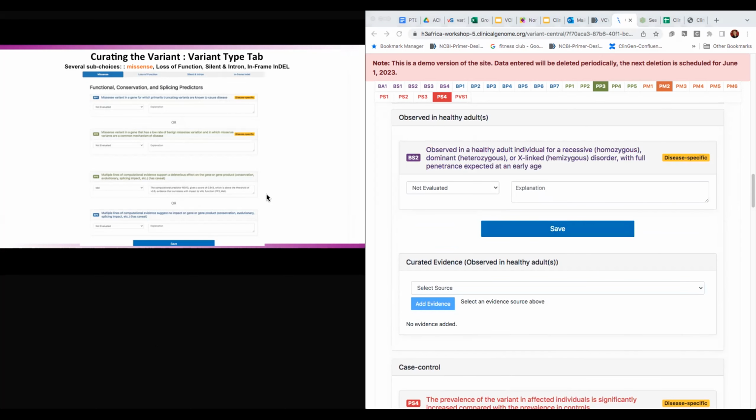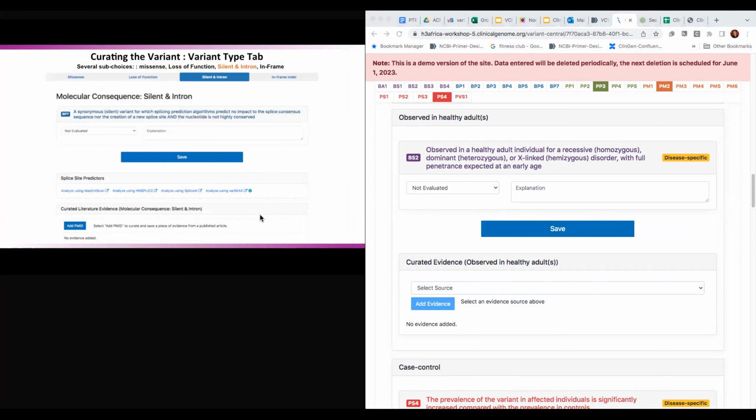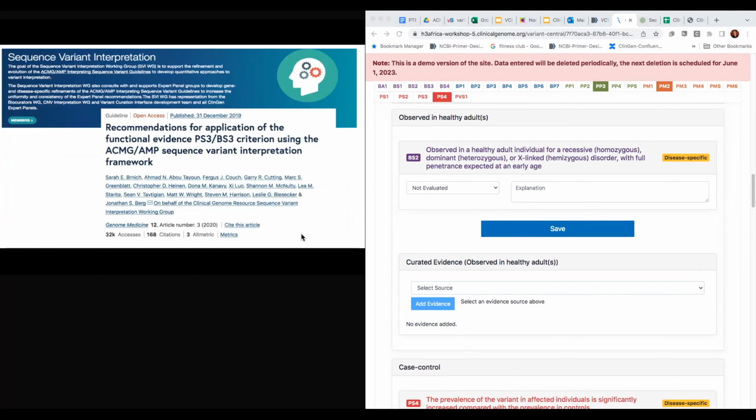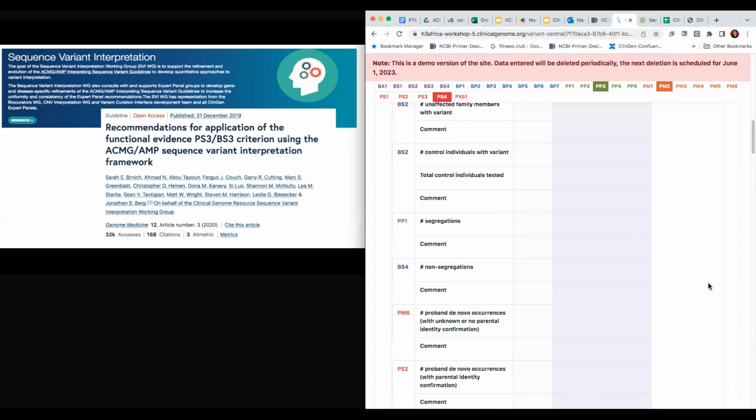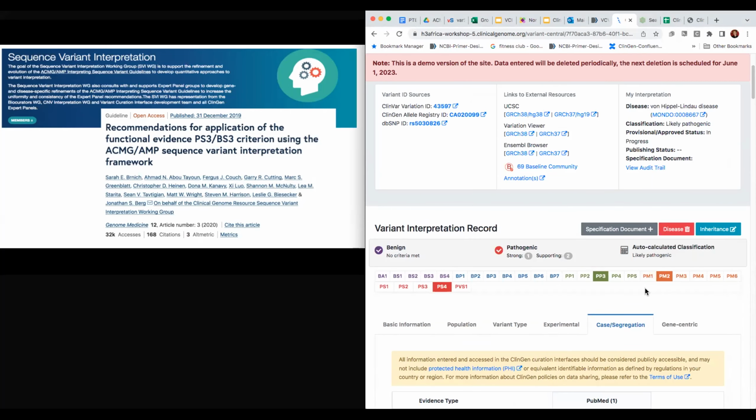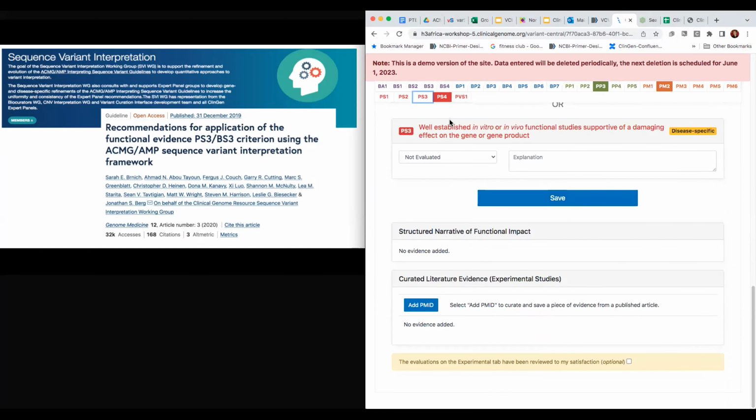All right, and so let's see the variant type tab. I think after this, I can add in one further evidence code. So I'll add in the functional evidence code, and that'll give us a pathogenic interpretation. And then we'll go to showing how you can export it, or at least in part, to ClinVar output. So let's go to our PS3 functional evidence code. And again, there are more recommendations from the SVI on this, but at this point, we'll put